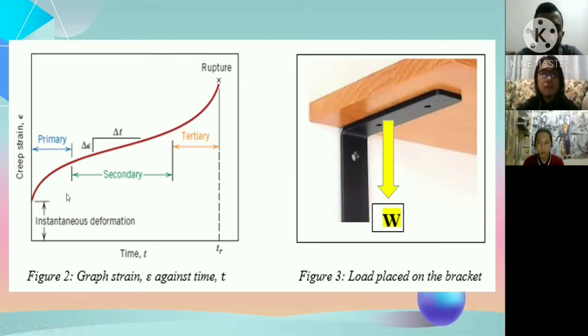So at the secondary stage, the metal undergoes a relatively constant rate because strain hardening and recovery effects balance each other. It is due to creep in this stage taking place by viscous flow in the materials. At the tertiary stage, the rate of deformation of creep increases rapidly, and it happens when there is an effective reduction in cross-sectional area due to necking. It causes the strain rate to increase rapidly and terminates when the material breaks or ruptures.